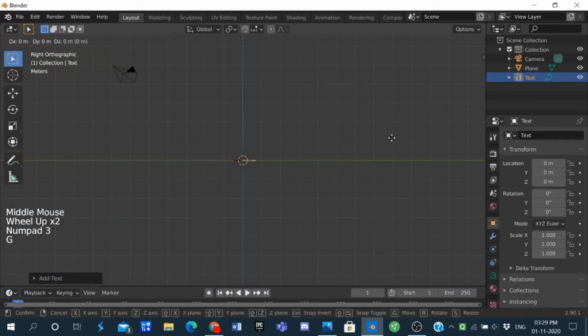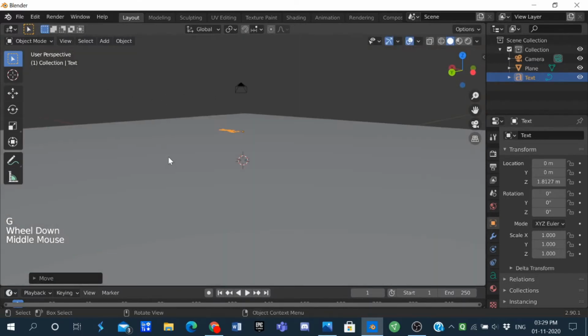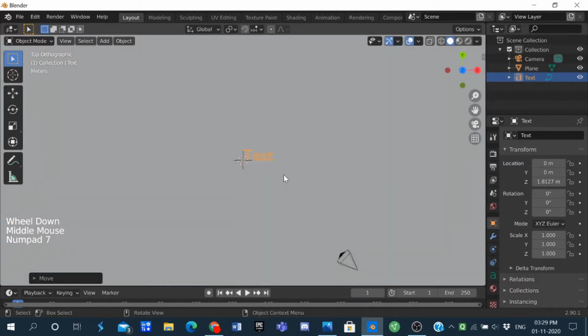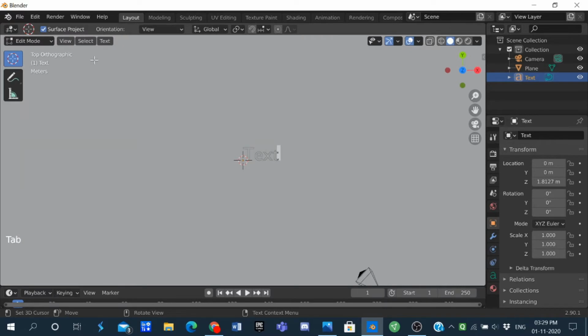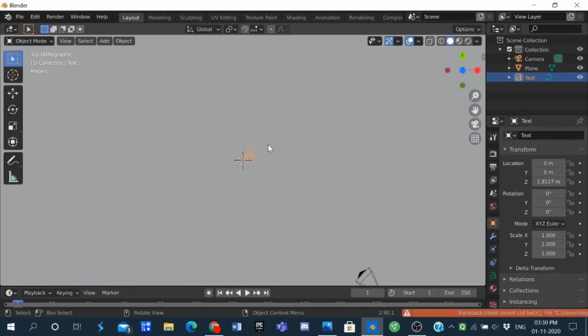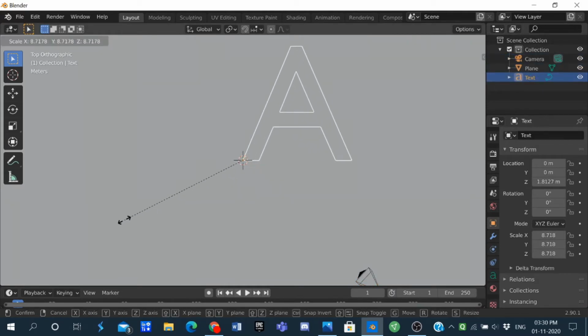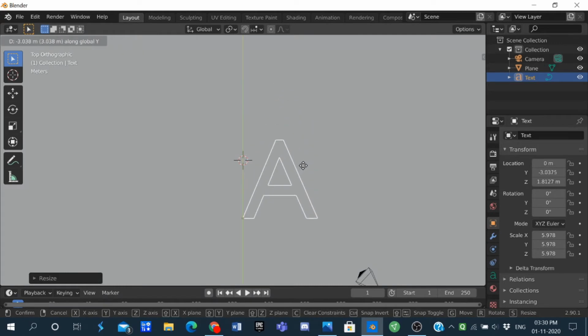Move it up this much, and then to change the text, go into edit mode, and I'm gonna type just a capital A. Now I'm gonna scale the text up by this much,